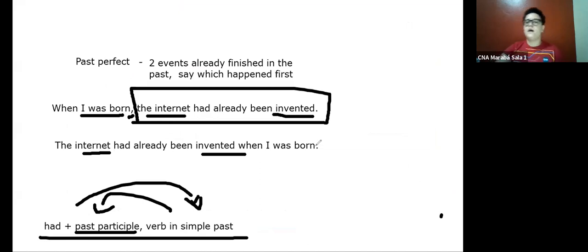Okay, so in the structure of the past perfect, it doesn't matter what information comes first. Like I said, I can use this order or I can use this order. And this information here is still the first thing that happened. So the important information that we have is always the sentence that has had and the verb in the past participle